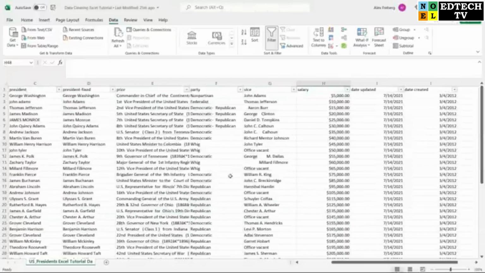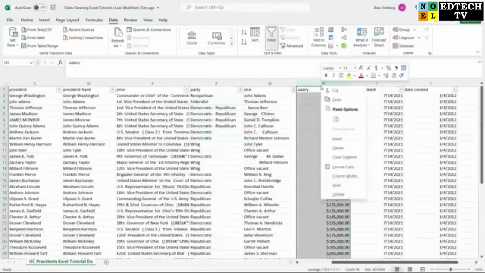We've gone all the way over. We fixed this president. We skipped this one. We cleaned up this party, and I kept this one in here because I'm not exactly sure if that's a Democratic or Republican. So I'm going to keep it its own thing. I'm not a huge history buff in that aspect. The next one right here is